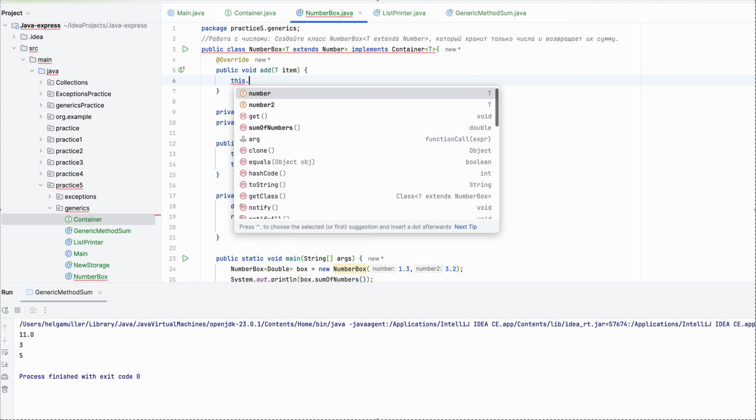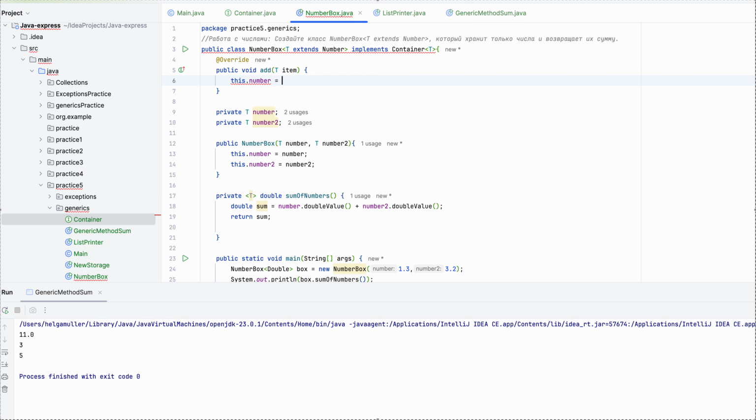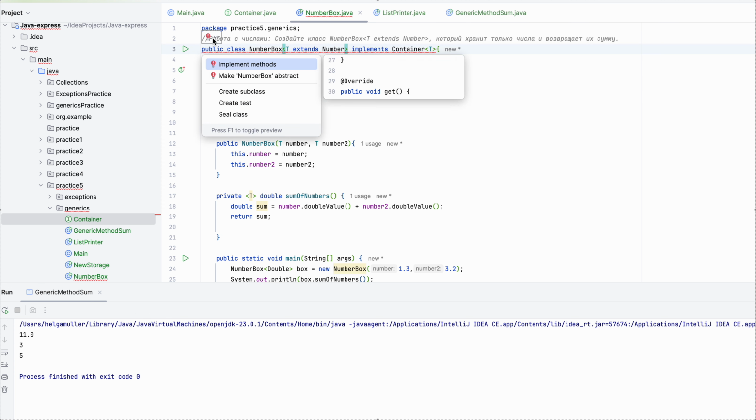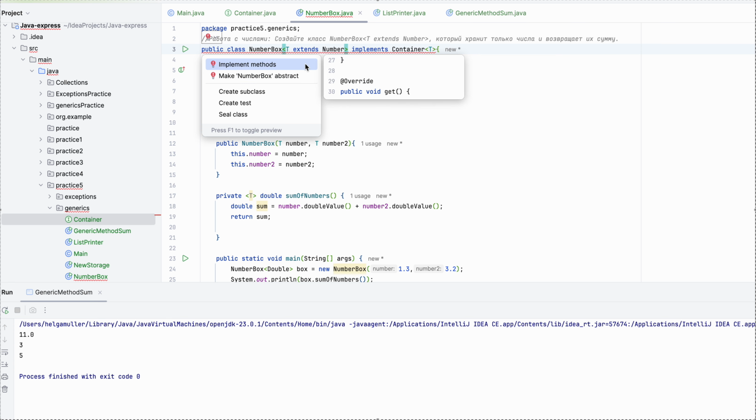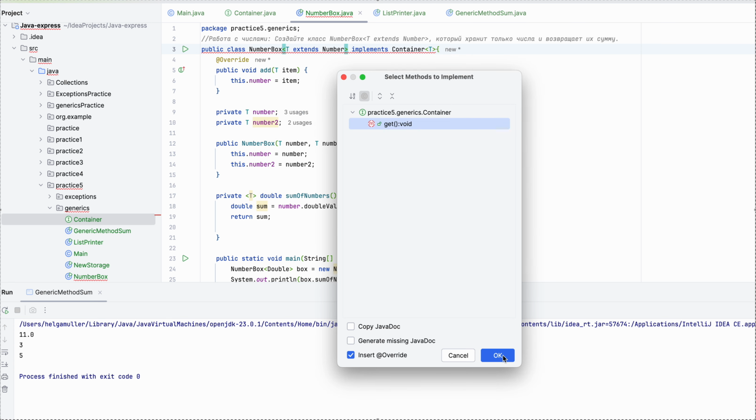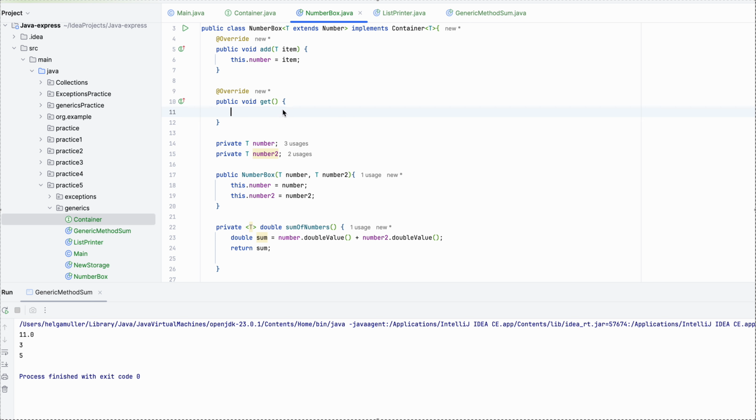Okay, this number item. It's okay. Okay, get